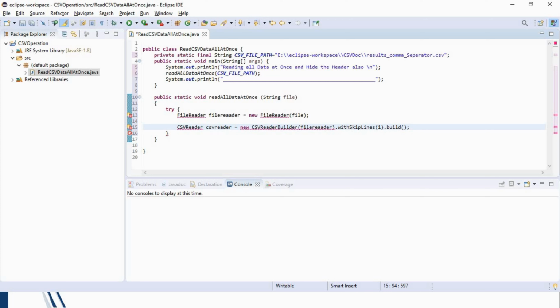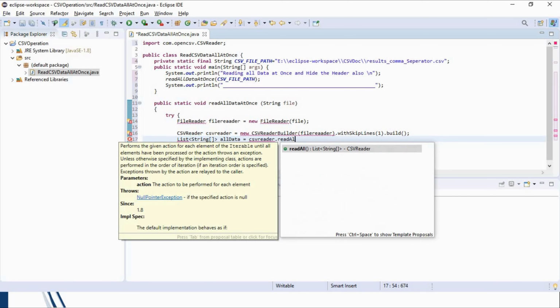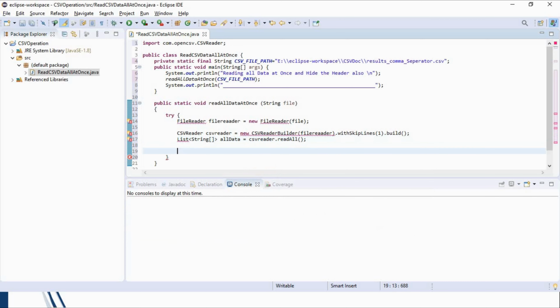Here the method withSkipLines and build will skip the first row of the CSV file. Now we will create a list of type String array to read all data at once. Here the readAll method will read the data of the CSV file at once and store it in the list.